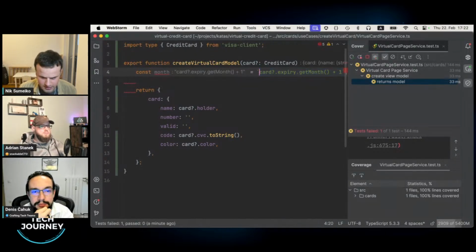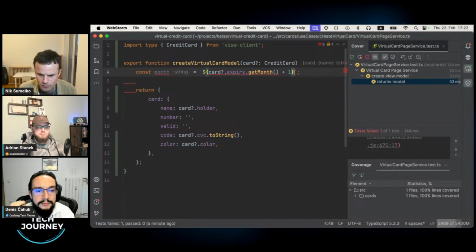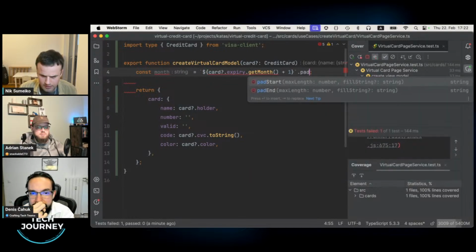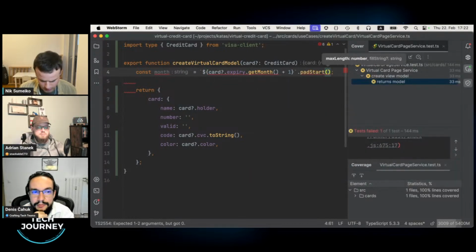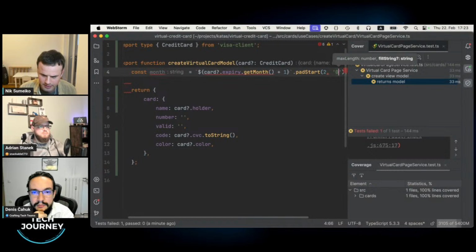So for this, I will convert it to a template string. So it becomes a string for me. And then afterwards, I will do padStart function with argument 2 and prepending 0 if they are less than this.